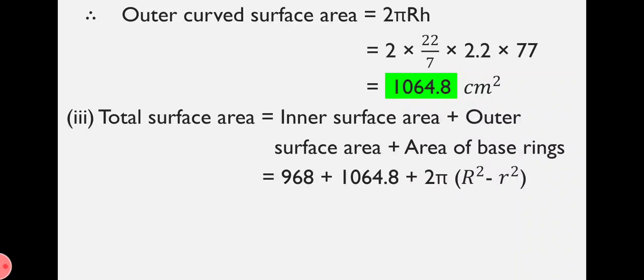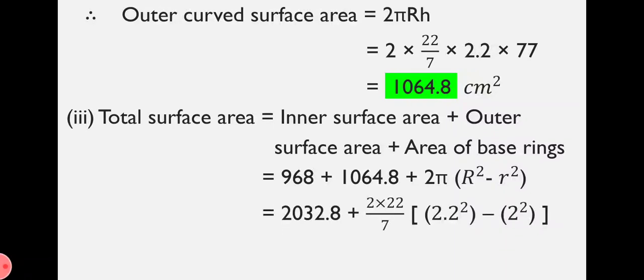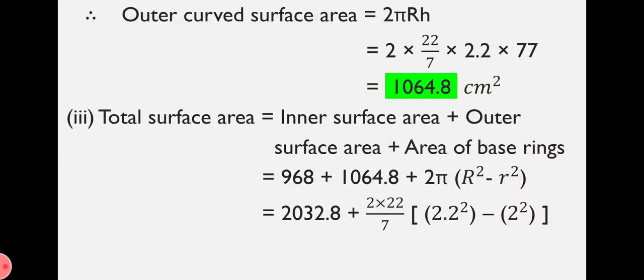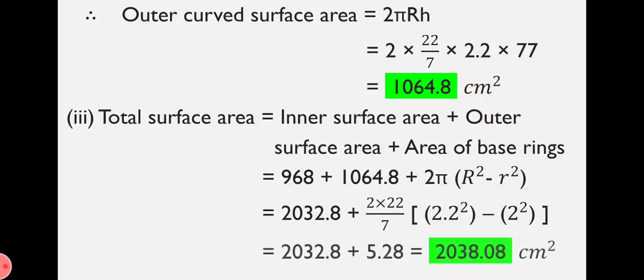Now actually the factor 2 is not there in the formula, but here there will be two rings, one top part and one bottom part. So we write plus 2 pi into capital R square minus r square. Inserting the values, we get this 968 plus 1064.8 will be giving 2032.8 plus 2 into 22 upon 7 into 2.2 square minus 2 square. Further solving, we will get equal to